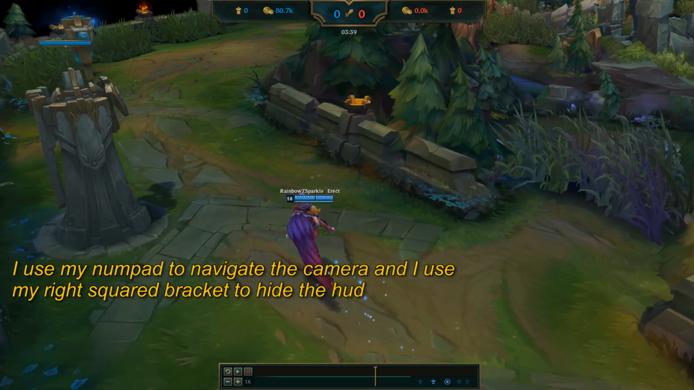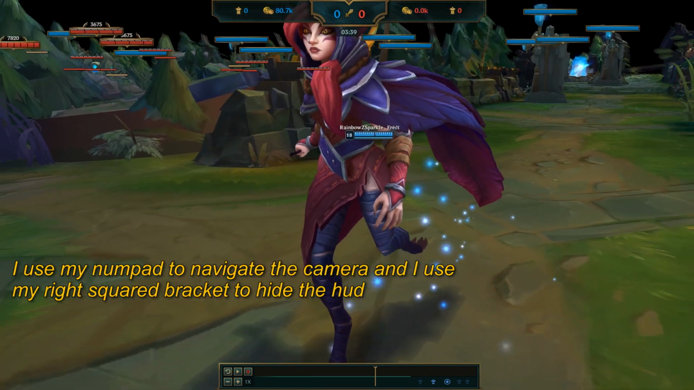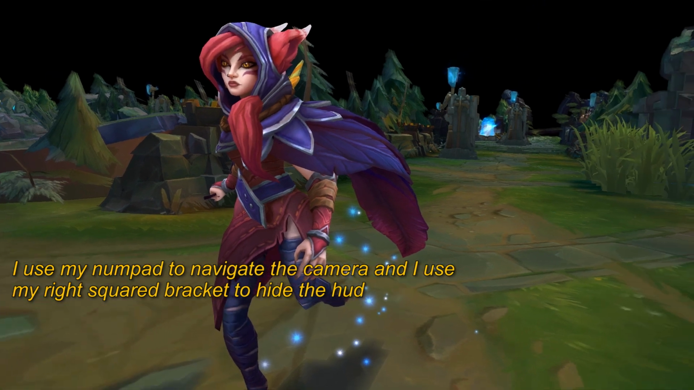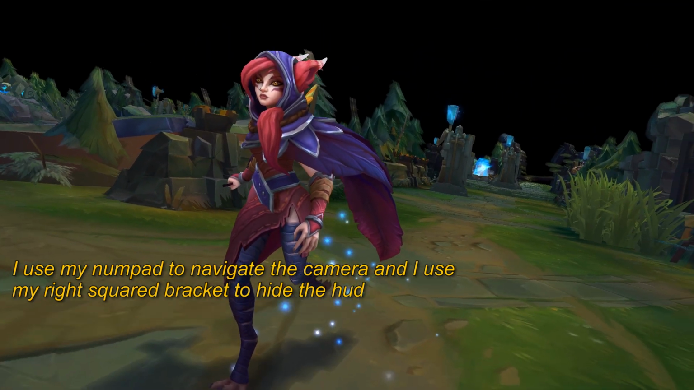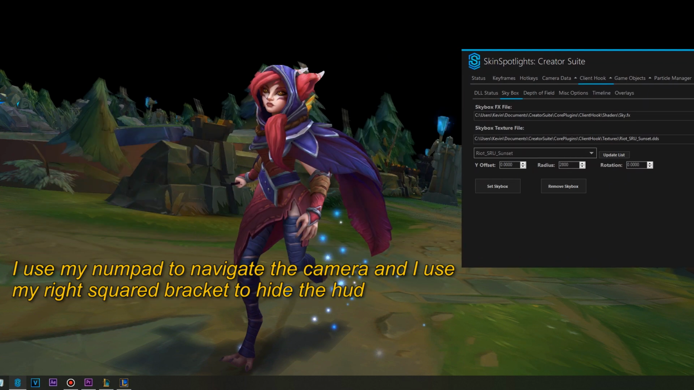And obviously when you're starting to mess with all these options, you want to be able to see everything. So disable your HUD, if you've already binded that, which I have to the right bracket. So yeah,